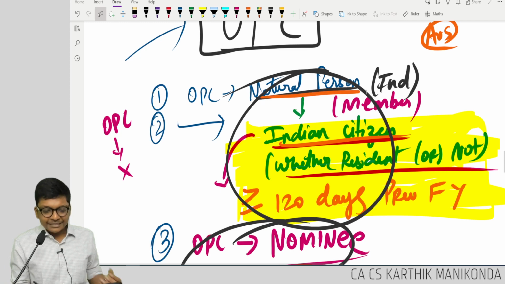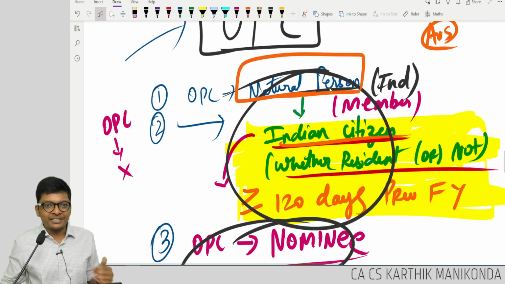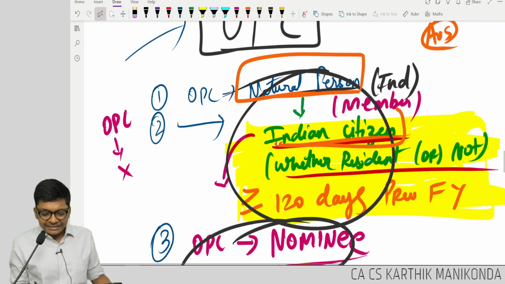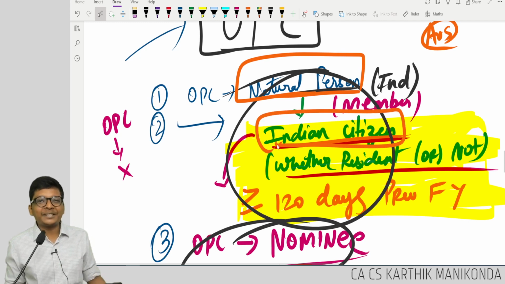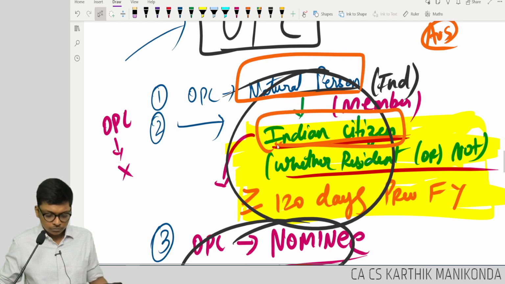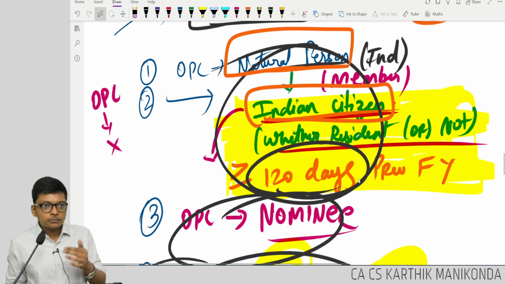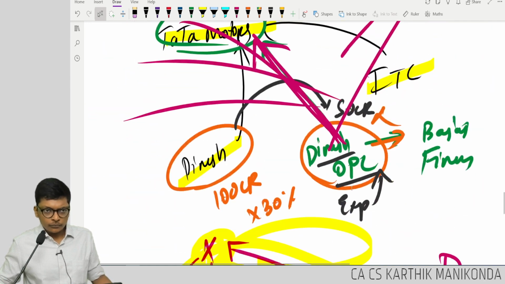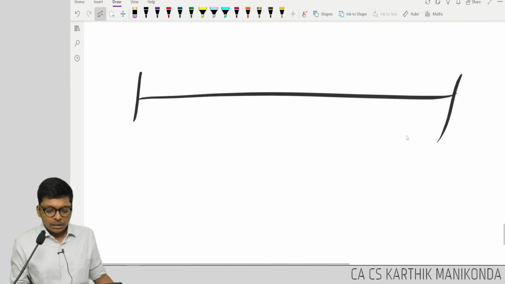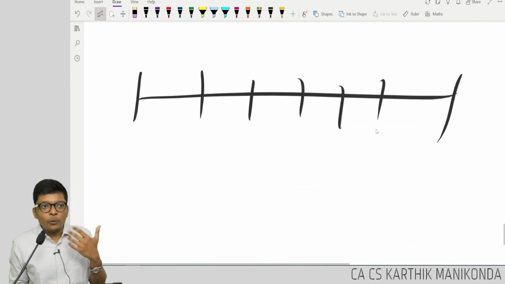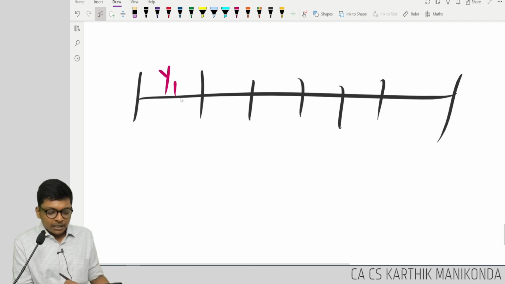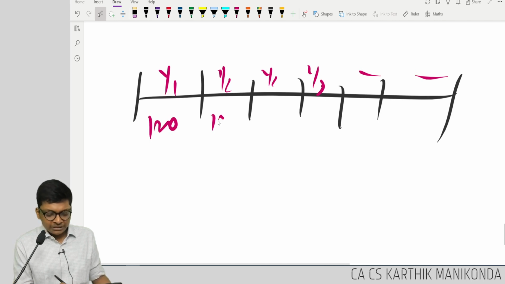No. I just now told you the individual should be a natural person and an Indian citizen. How can foreign individuals start OPC? No, Indian citizen, if he's in a foreign country, I will check if he stayed for 120 days. That's all. So, you can go abroad for however many years, but every year you should stay in India for